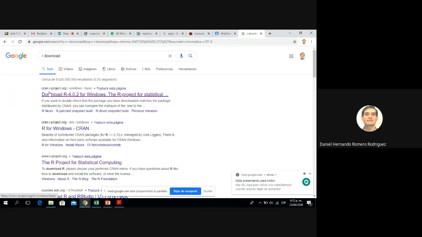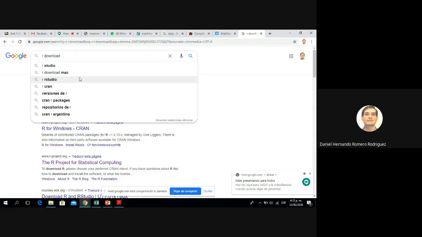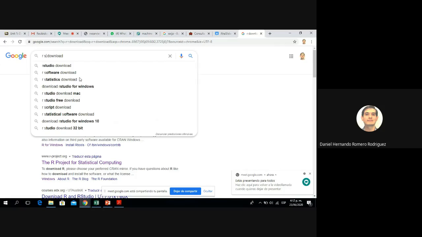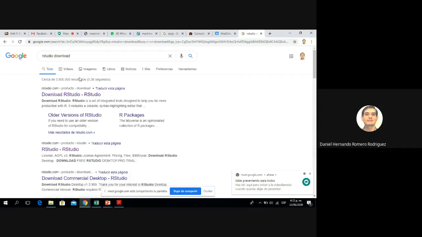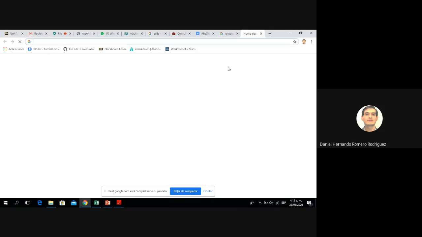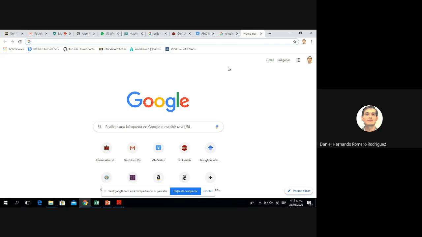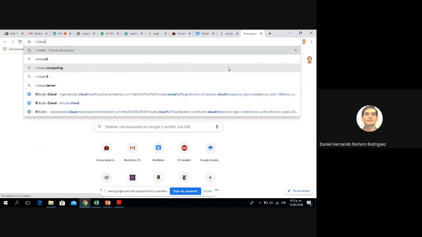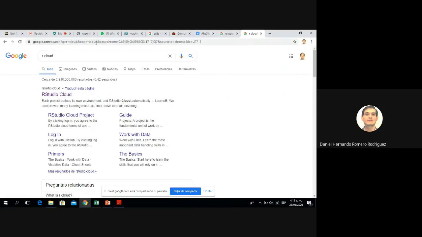You will find it at cran.rproject.org. You can download R, and I highly encourage you to download RStudio. RStudio is just an IDE of R, so it will look better. This is free software, so you don't have to pay anything at all, and it's not limited. But if you don't want to do that, that's fine. You can just go directly to the R Cloud page, which is powered by RStudio,